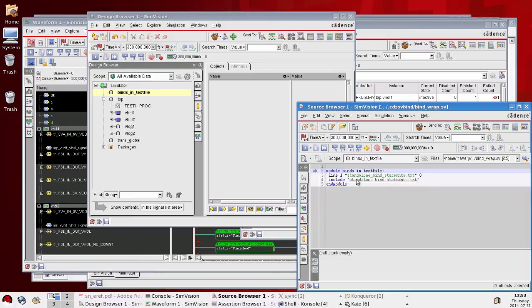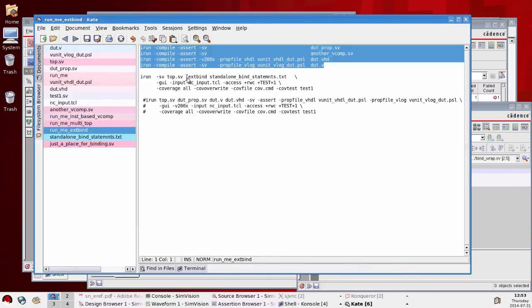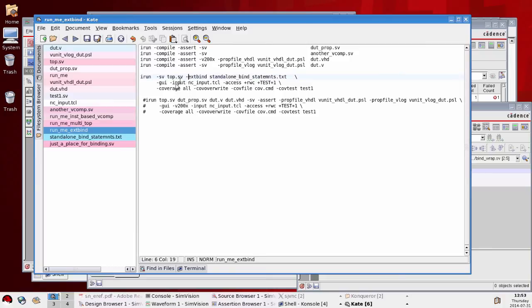So what we've done in this case is we've achieved the same effect we had previously, namely we've added that extra vcomp, but we've done it via an irun switch instead. Okay, so let's look at the run script which did this. The run script that did this is here, and notice the difference is we've added, instead of having, as we did before,